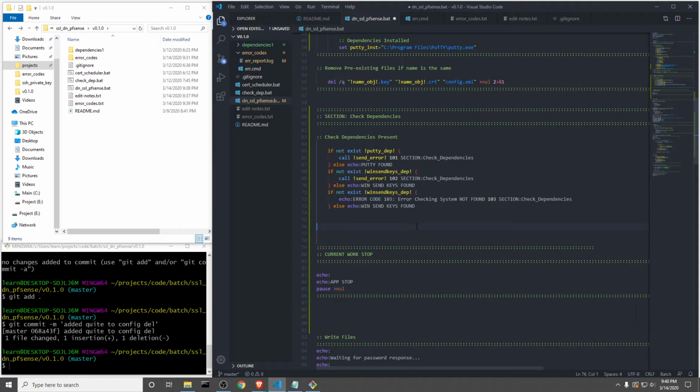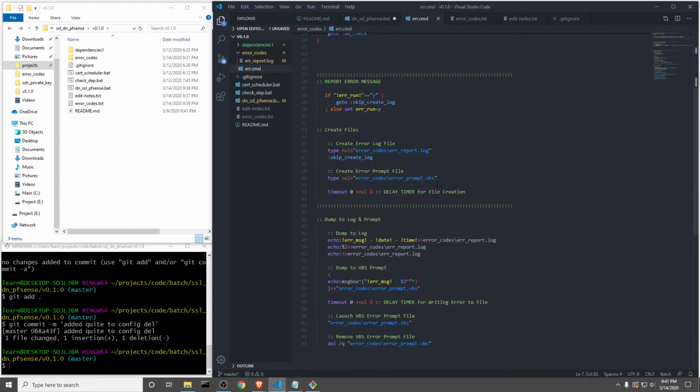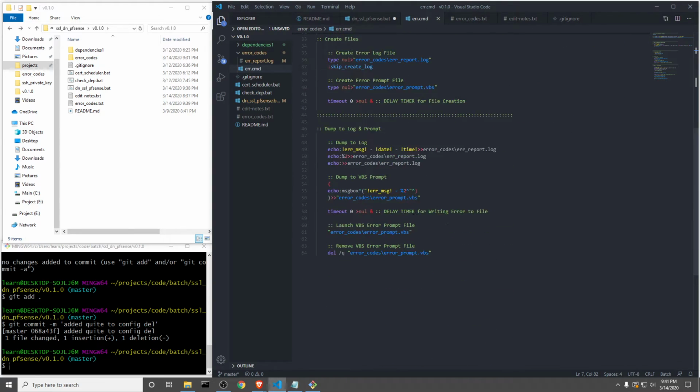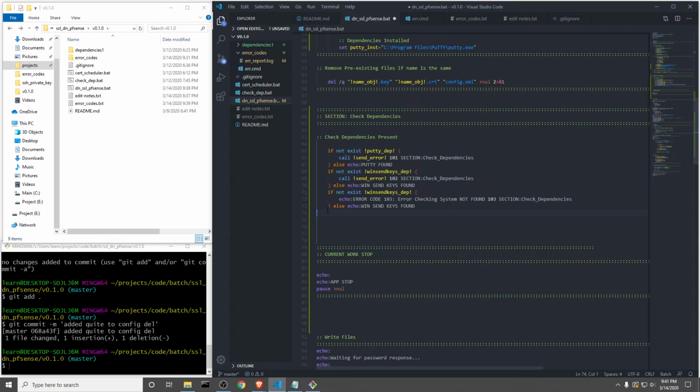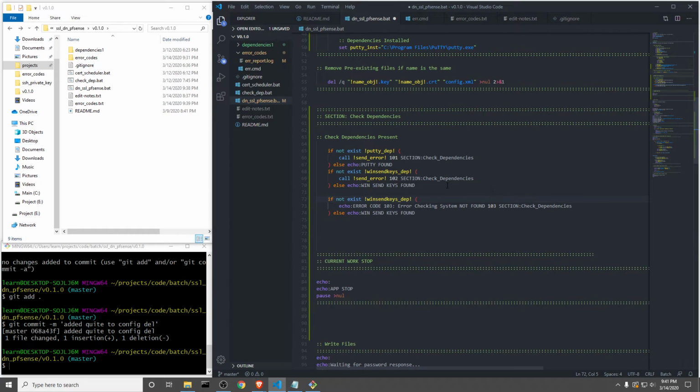So this will actually display in the actual tool, and the error code system, we kind of want to match that same concept. We're just going to write a full error block right here for